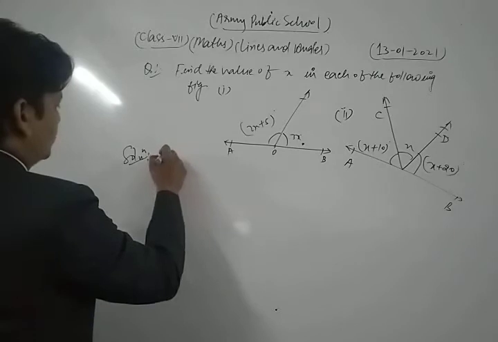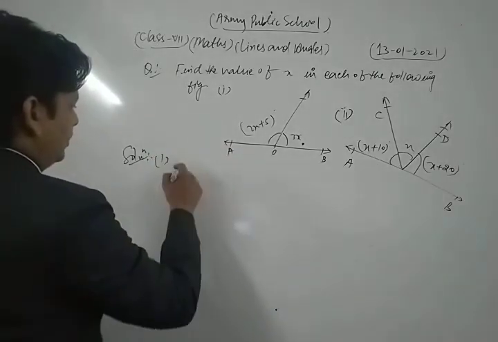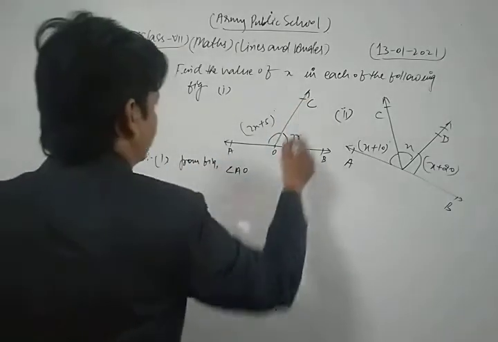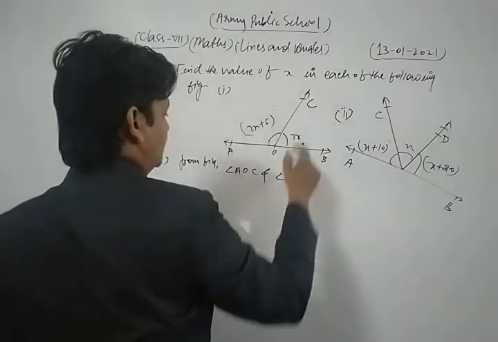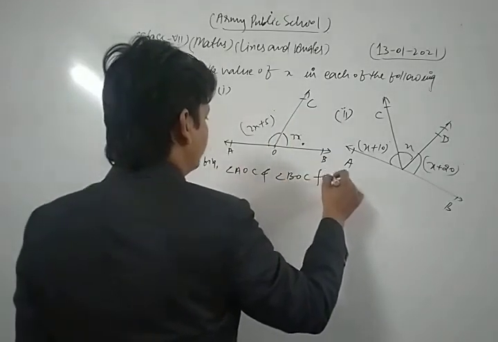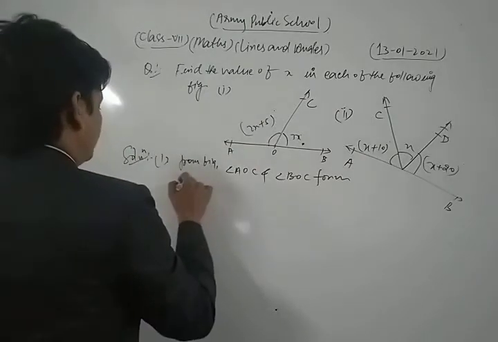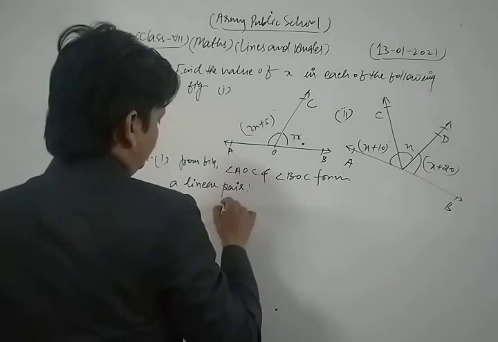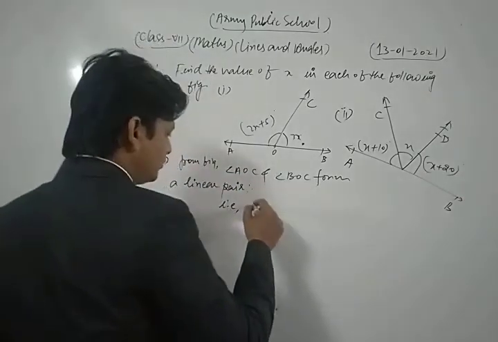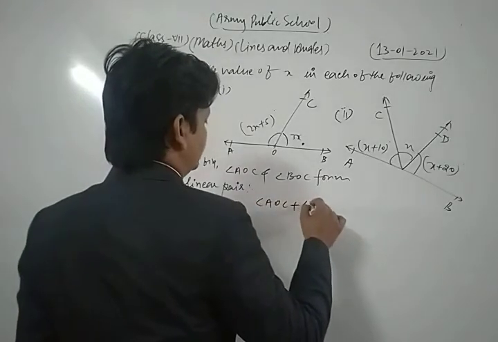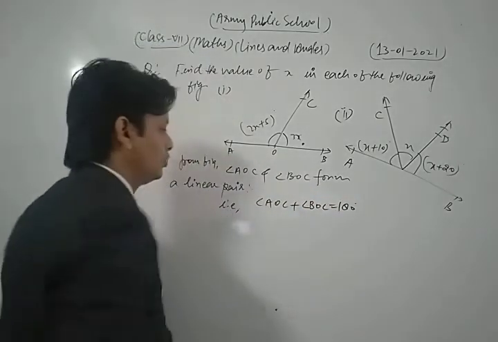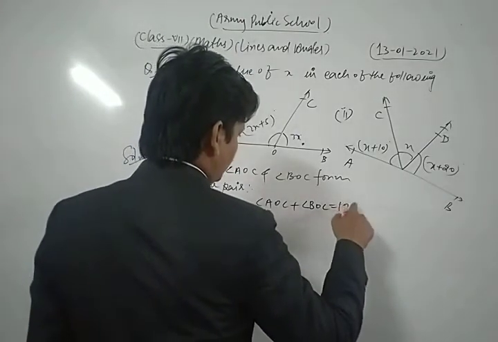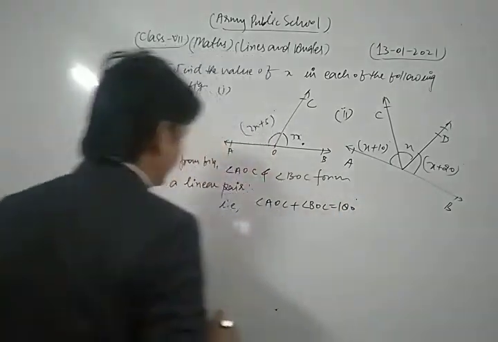Dear students, first of all we take and solve the first part of this question. Here from the figure, angle AOC and angle BOC form a linear pair, that is, angle AOC plus angle BOC is equal to 180 degrees. Okay, because angle AOC plus angle BOC is equal to 180 degrees, thus